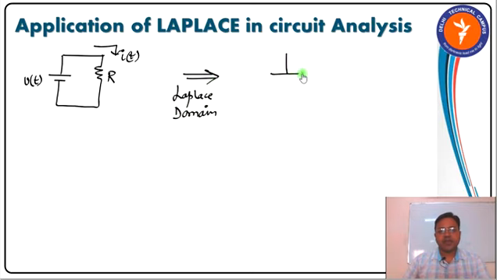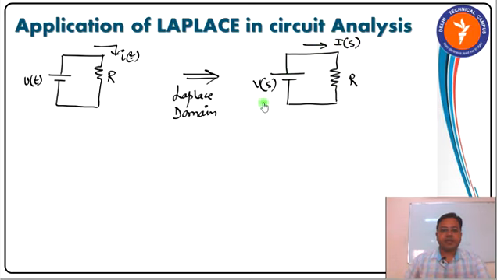then its equivalent circuit will again consist of a voltage source, where the voltage source in the time domain was v(t), and in the S domain it will be V(s), connected across a resistance R, causing a current I(s) to flow. That is, a voltage source v(t) is converted into V(s), a current i(t) is converted into I(s) in the S domain, but the resistance R is kept as it is. There will be no change. So this was the case with the resistive circuit. Let us now discuss the inductive circuit.